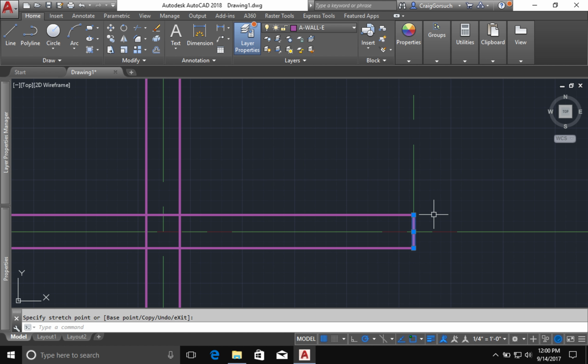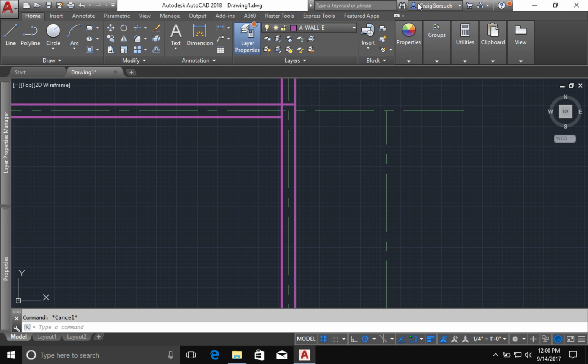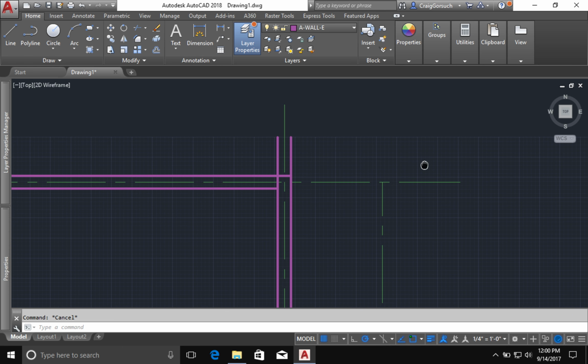Because I'm running in a virtual environment, and also because I'm running the 64-bit version of Windows, I did not experience this problem this badly on the 32-bit version of Windows. The 64-bit version is more resource intensive, but you'll notice how jerky my screen and my movements are sometimes. That's what running in a virtual environment can get you if you're really pushing the system, and I'm just starting to push the system. So I'm going to select my object, hold my mouse over it a second, click lengthen,